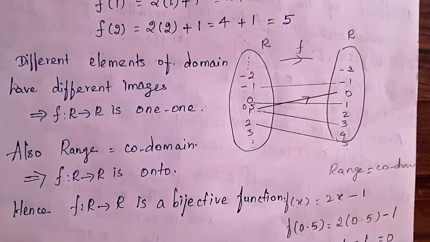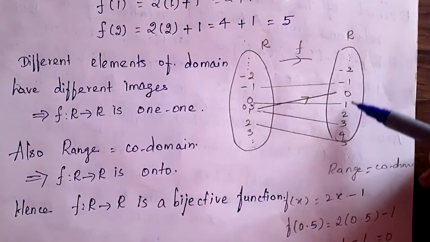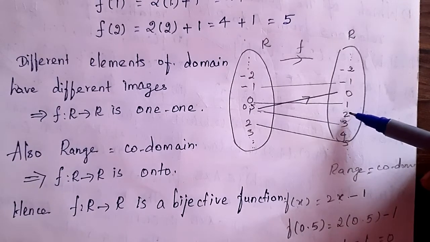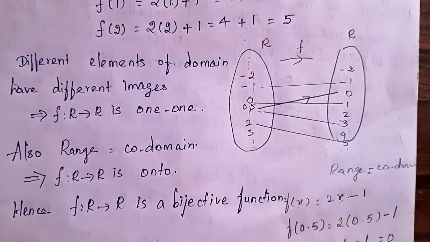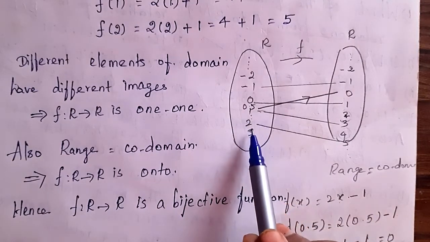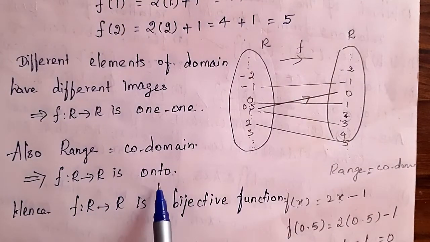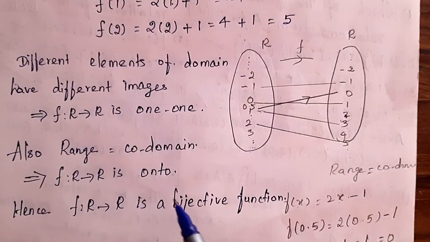Okay, here the only thing is I took only the whole numbers, that is the reason these numbers seem to not have the pre-image, but really all the numbers have pre-image. When you take the decimal values, definitely all the numbers have pre-image. Then you can put this onto, it is one-to-one and onto, then finally we can conclude f from R to R is a bijective function.